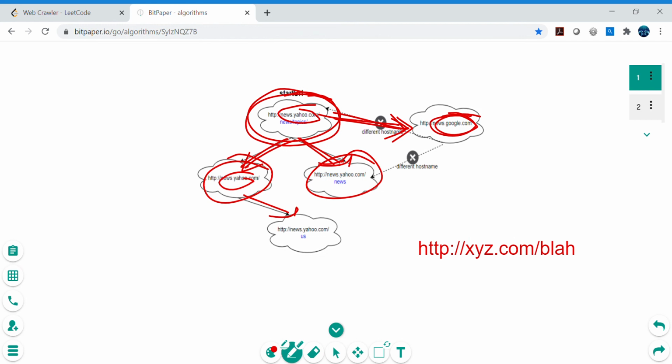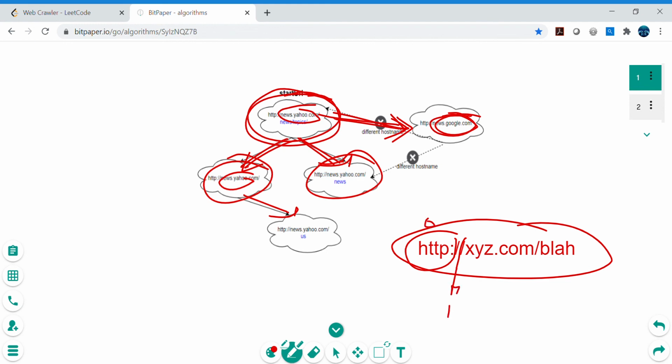And how can I get this host name? This is a string, so I can split it based on the slash, and once I split based on the slash it will give me these parts. One part is this, the second part is empty. This is the 0th index, this is the first index, and this is the second index.